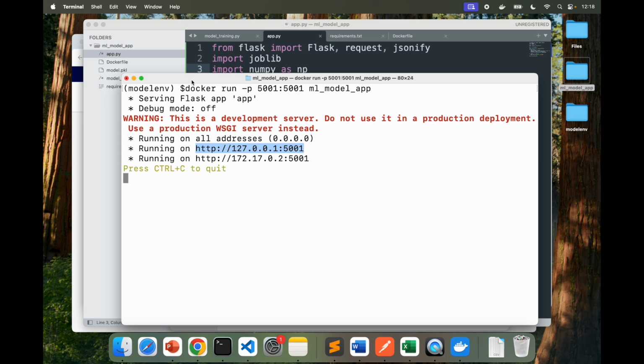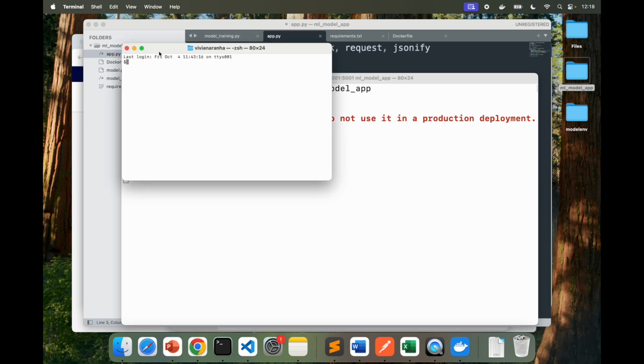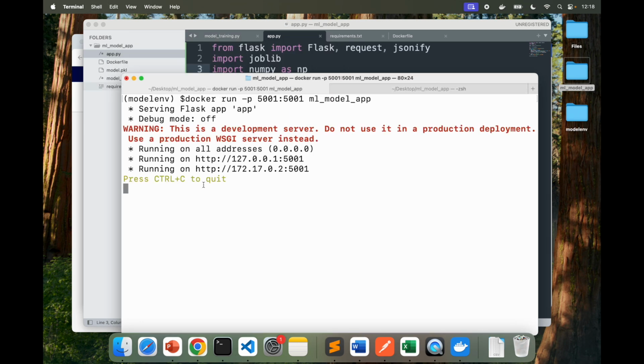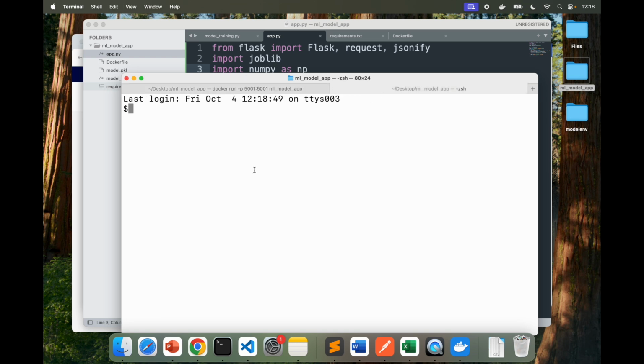So now if you want to test it, I can open another tab here, and inside this I'll make sure that I copy this port number, and here I can just use a curl command to run an API call. So I need POST, the URL and the predict option, dash headers.